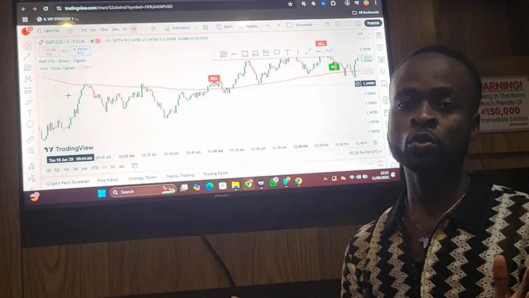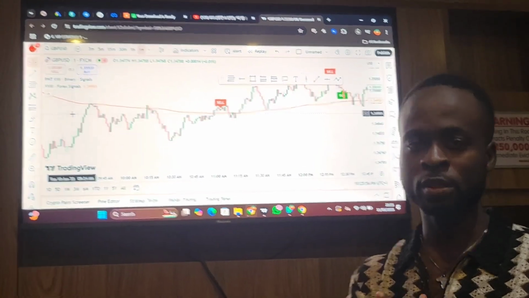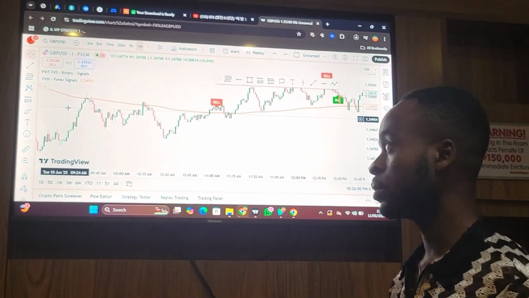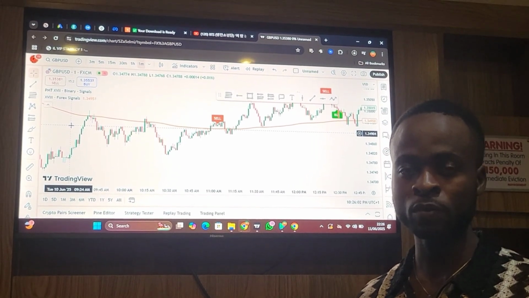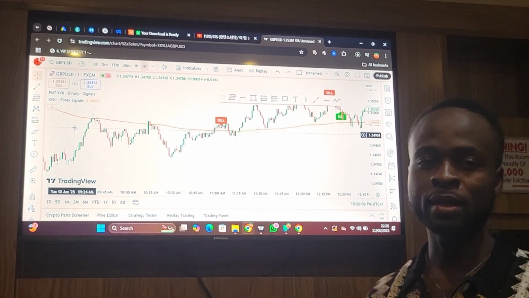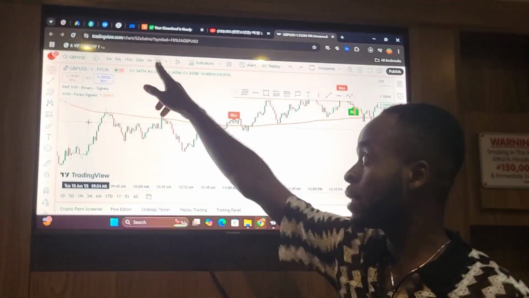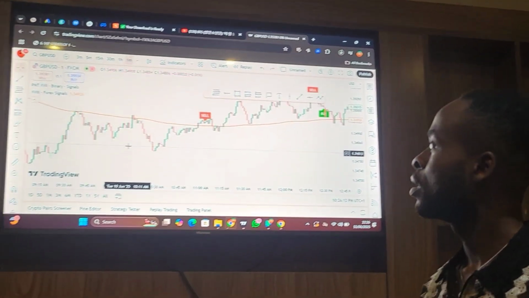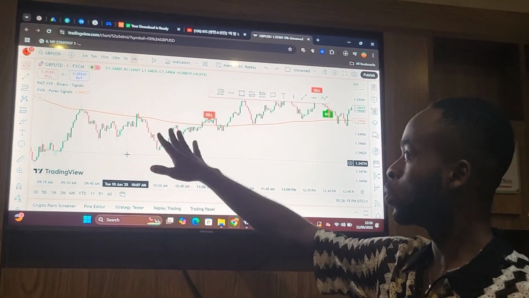So if you don't know how to do that, then I recommend you go and learn basics of trading. I won't be doing that because this is not the basic of trading. This is real stuff. If you want to make money on trading, this is real stuff. So change the EMA to 200 and let's get started. As you can see, this is a 1 minute time frame, and you have to wait for price to be below the 200 EMA